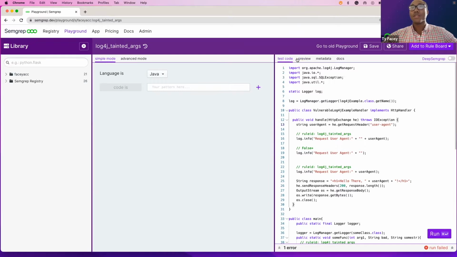Awesome. So I have a test code file here on the right-hand panel in Java. This is pertaining to the log4j vulnerability that was pretty well known a couple of months back. You can see here that I'm importing the log4j package, and I'm calling a couple of methods. I'm using the logger variable as well. So I'm going to go ahead and start writing a quick rule in the simple mode. If I go ahead and run this, you can see that Semgrep is able to catch that